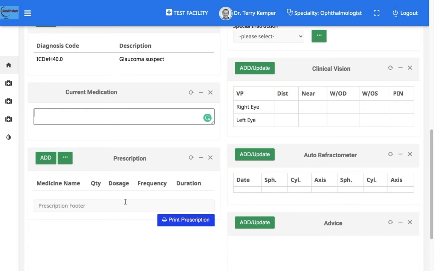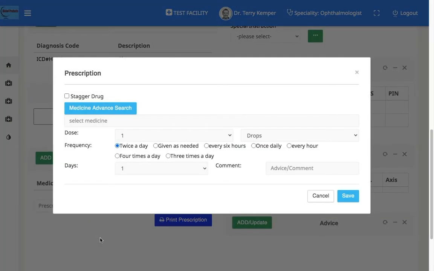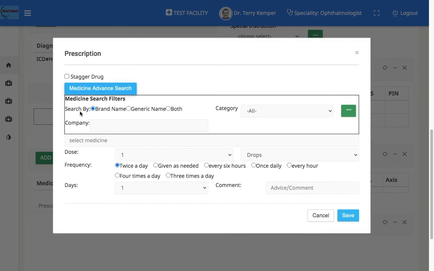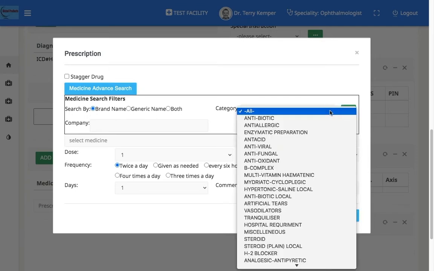Coming to prescription, drugs or medication can be prescribed from within the software using the drug database. With that, click on add. Medicine can be searched using the medicine advanced search function by brand name, generic name, both, and by the category of the drug.